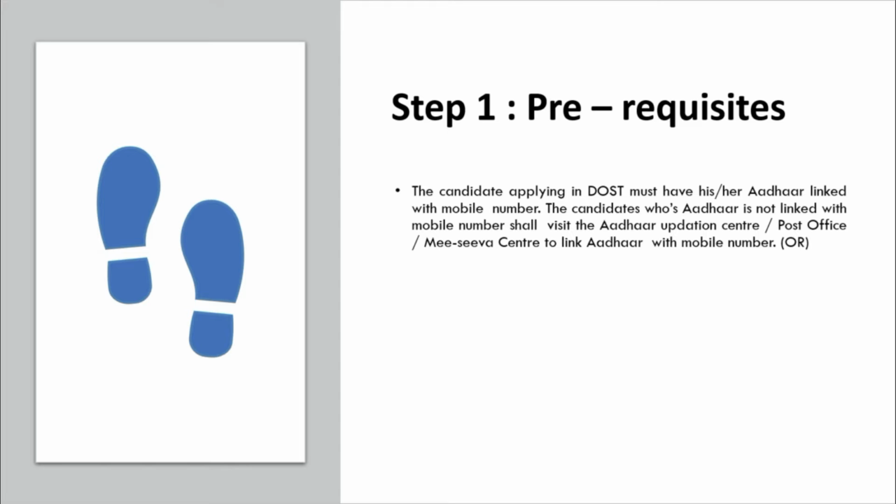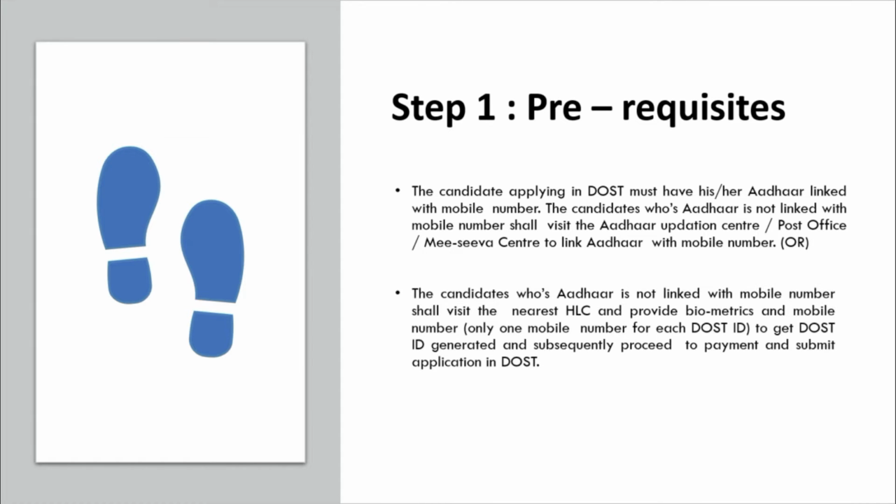You can go to the Aadhaar center, the post office, or the Mee Seva center, any of these, and make sure that you get it authenticated over there. That is the big procedure. Linking your mobile number will take time, so please do not go for linking of your mobile. The best procedure is to go to the Aadhaar center or Mee Seva, and get your ID registered from those places. That is the best thing.